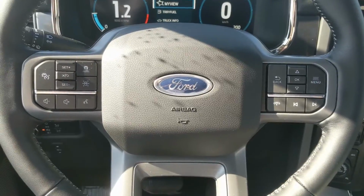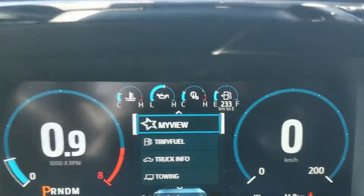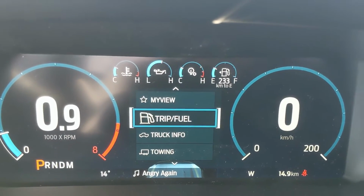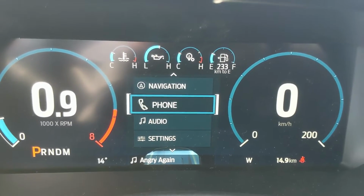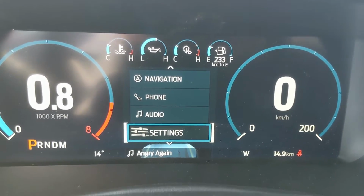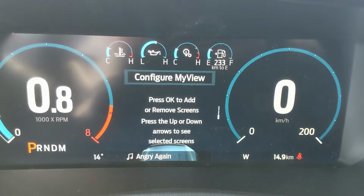Now, sitting in the truck with it running and looking at the steering wheel on the right hand side, you have your controls for your center info screen here, where you can cycle through your trip and fuel information, truck information, towing information, navigation, phone, and audio controls, as well as settings for your screen and some other features around your vehicle, as well as having My View, which is a sort of favorite screen for any of those subcategories